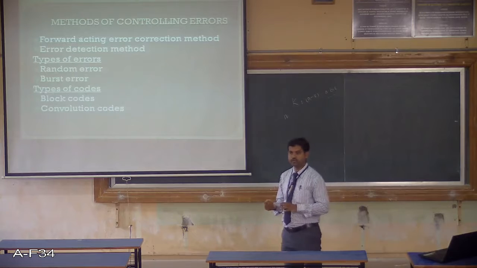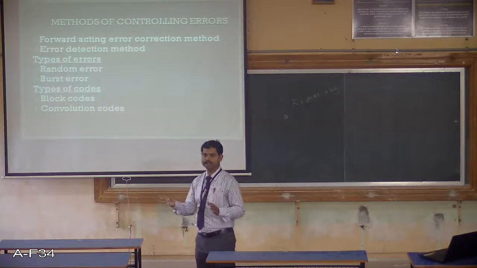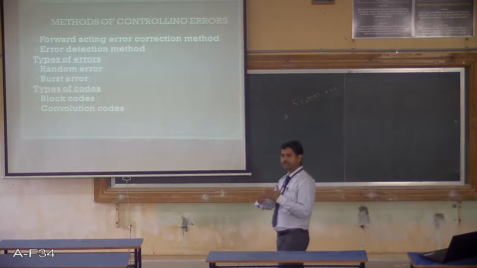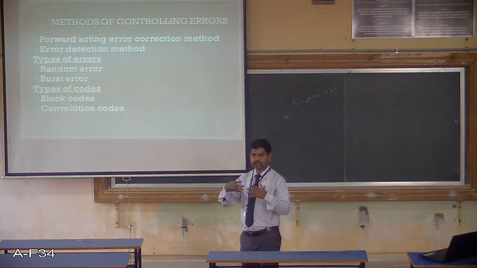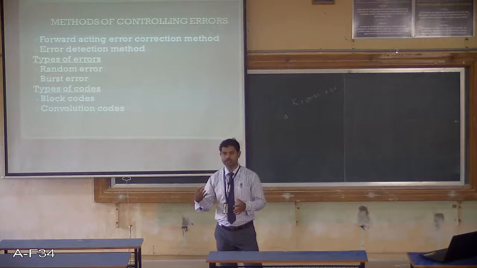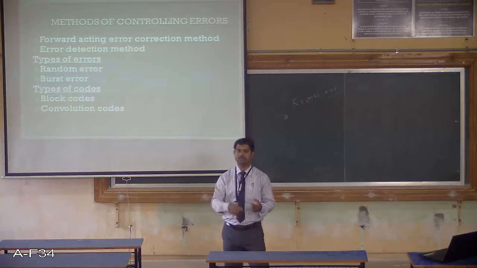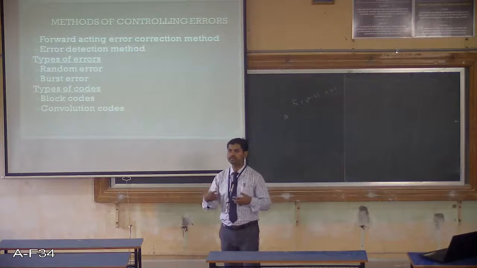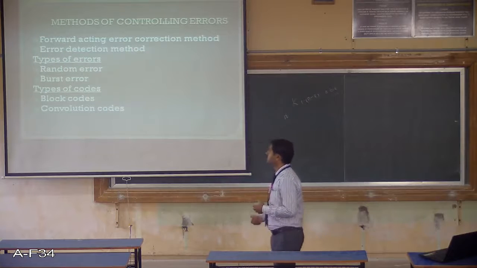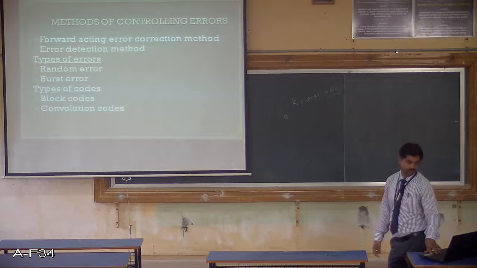An example is the linear block code, which is actually a block code, where a block of bits is added. Convolution codes: here the check bits are continuously interleaved. They are mixed with the k information bits, not like in block codes. For example, one information bit, two check bits, again one information bit, two check bits, like that. There is continuous mixing, so those codes we call convolution codes. These are the two types of codes we are going to deal with in the upcoming topics.